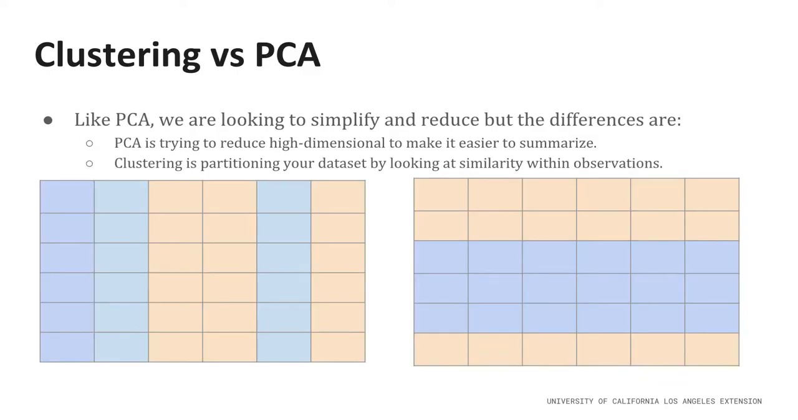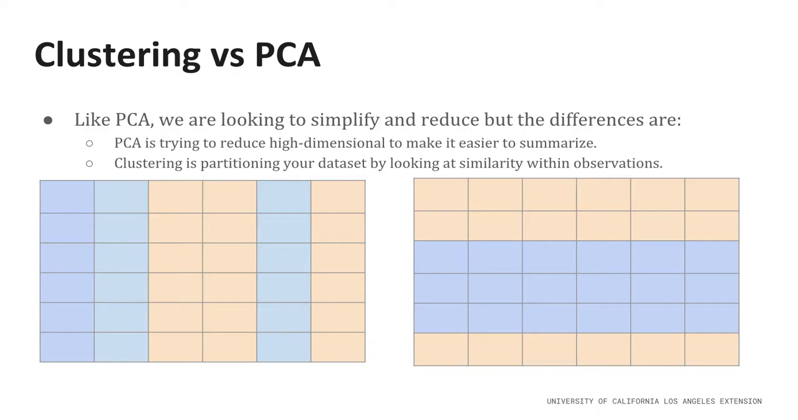So at the moment, it might sound very similar, right? Like PCA, we're also trying to simplify and reduce. Clustering sounds like we're also trying to look for similarities and reduce. The key distinction is that PCA is trying to reduce highly dimensional data to make it easier to summarize, whereas clustering is partitioning your data by looking at observations and comparing them to each other and saying which ones look